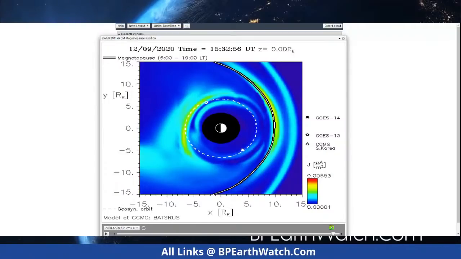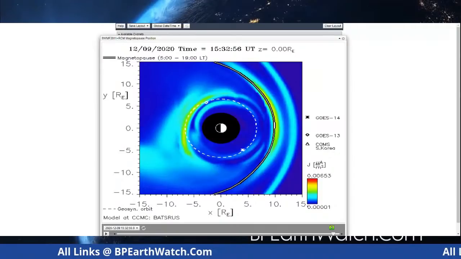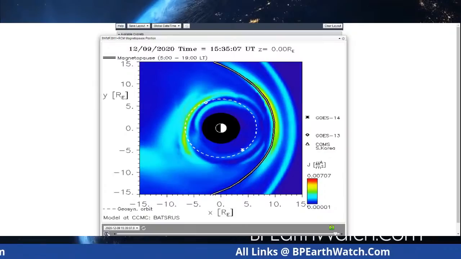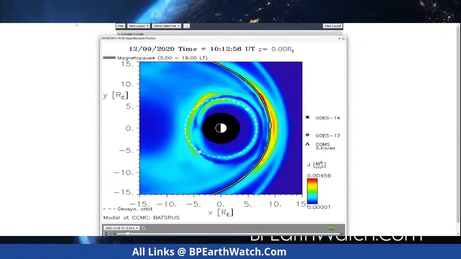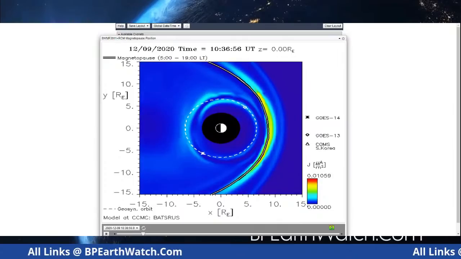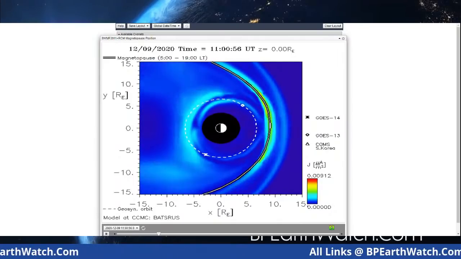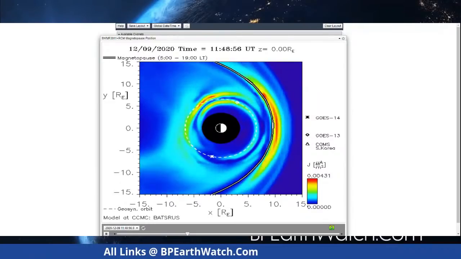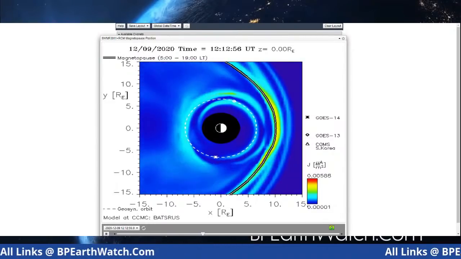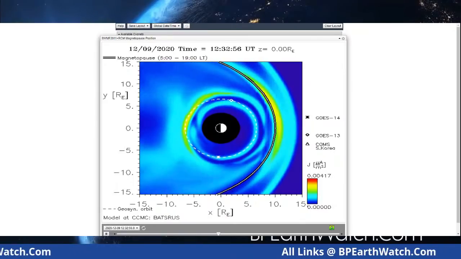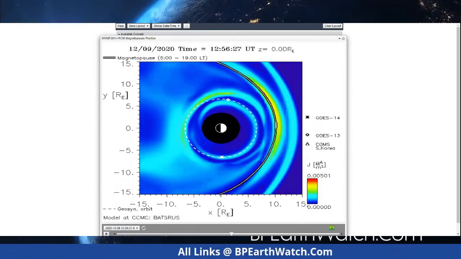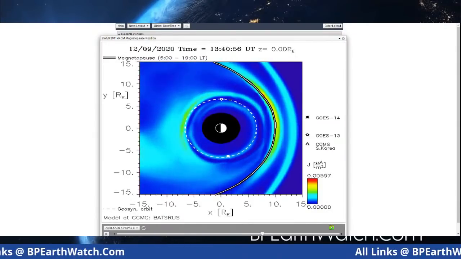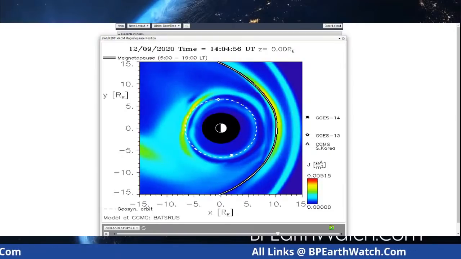Now, I'm going to play part of this through. And this is going back a couple of hours. But what you're seeing is that actual bending of the white lines, or the shield, and as you see the red and yellows increase, those are waves of energy coming from the sun. Solar wind's increasing, proton density is increasing, and that's where you see the density line just above the solar wind line.